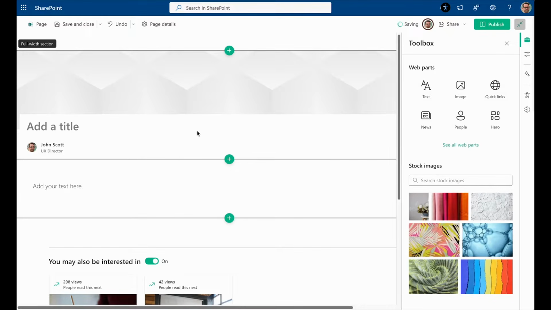I'm going to start to manipulate this to create the template that I want to create. So in this case I'm going to create a department landing page, like where you'd arrive in a section of your intranet for a particular department. Always good to have those as consistent as possible, and so what I'm going to do is create a template for that landing page.